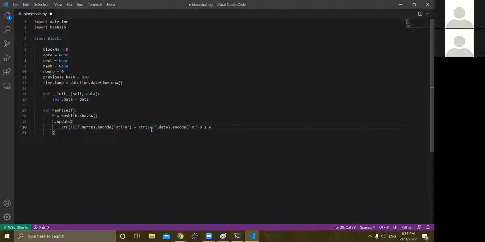And we're just going to keep on adding these. So we had the nonce, the data. We need to have the previous hash. So again, str self.previous hash. And we would put encode and UTF-8. Oh, got the quotes. UTF-8. And we're going to continue for all of these parts. Hopefully it won't end up like a super long line, but then we're also going to have str of the,